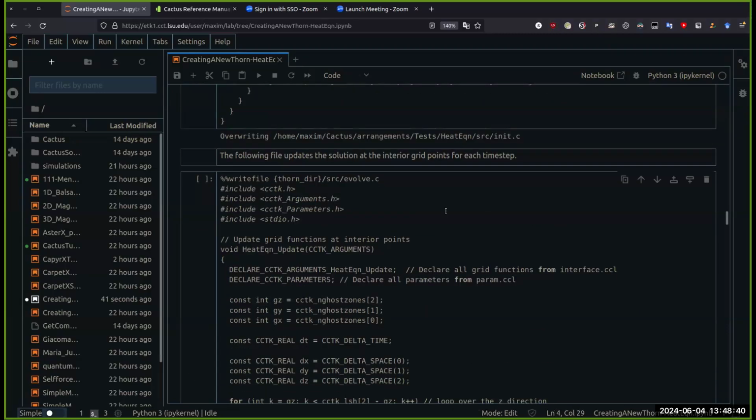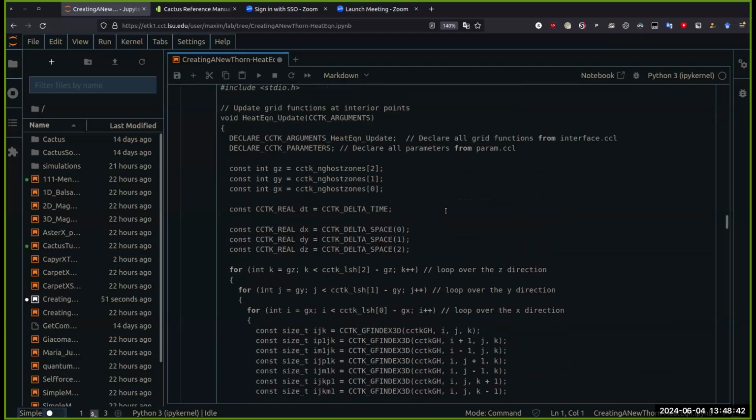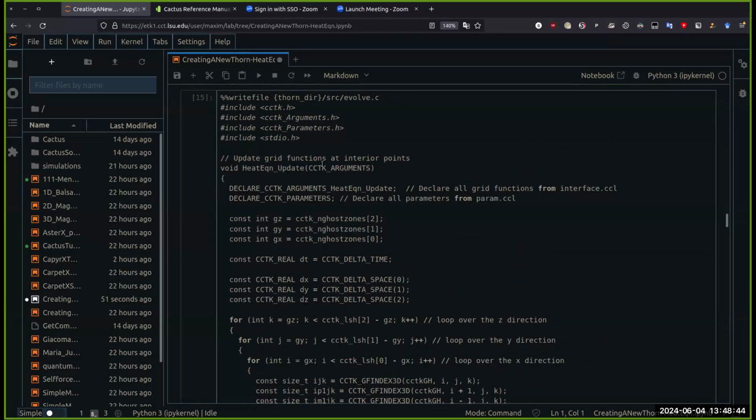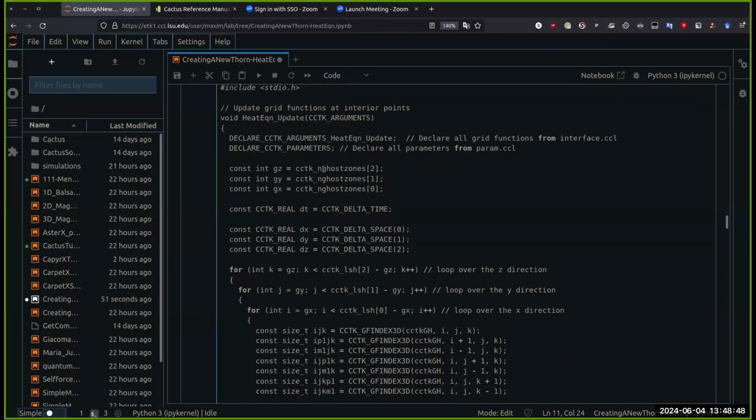Now we have evolve.c, which is going to have the update function. The boilerplate is the same. So what we're doing here is, first we're getting the number of ghost zones on each side of each dimension. So, the number of ghost zones in the z, y, and x directions. We're getting the t, and we're getting the x, y, and z,